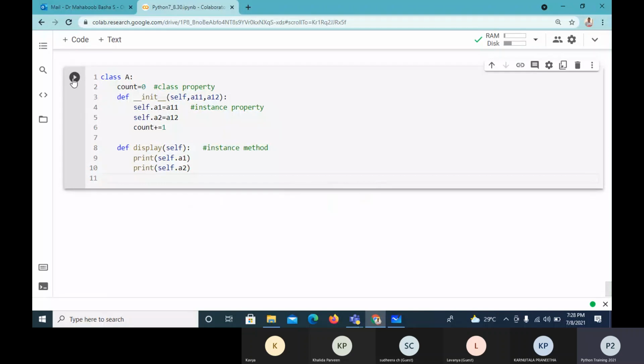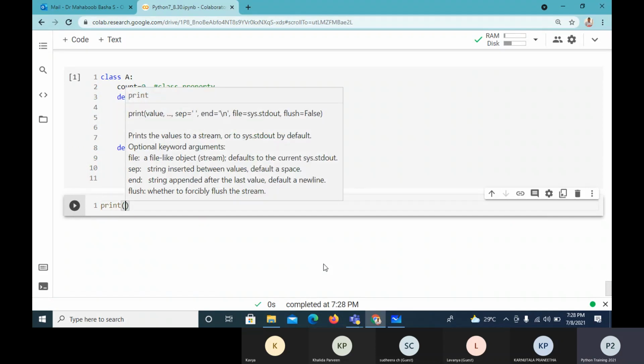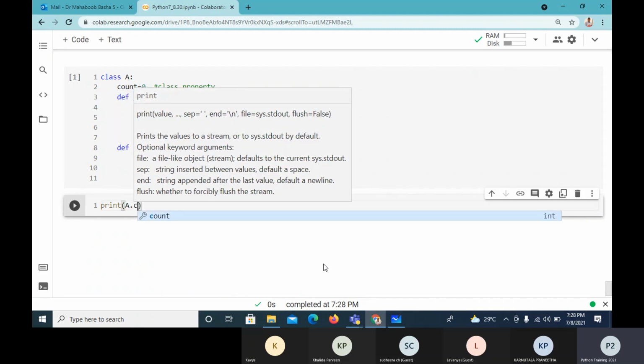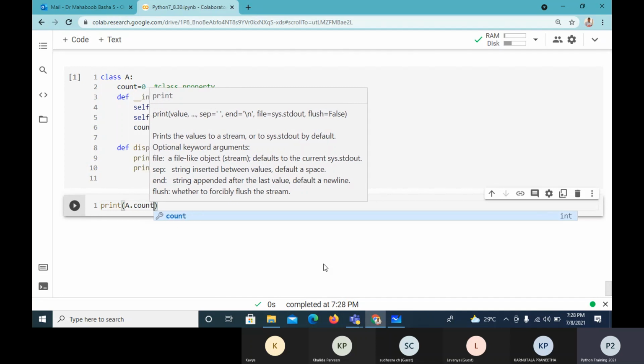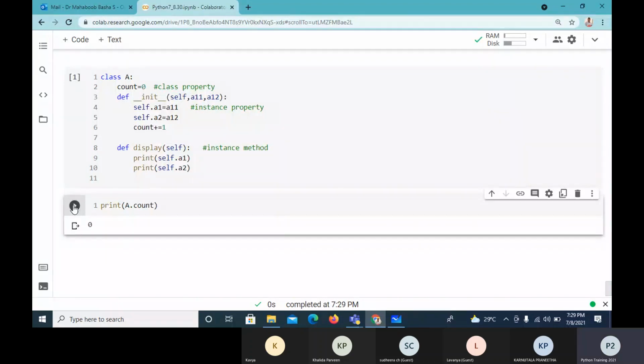Now one important thing is, before any instance is created, I can get the class property. That is the specialty of class property. So no instance is created, and I can get the class property, because it's a class level property.